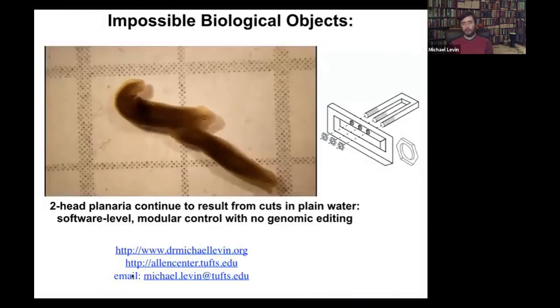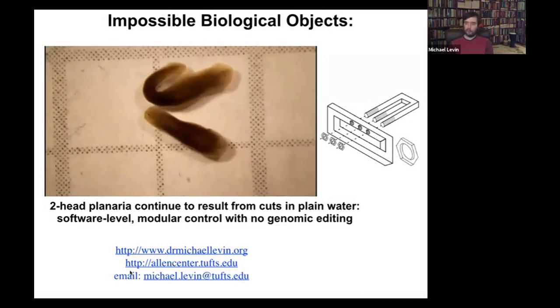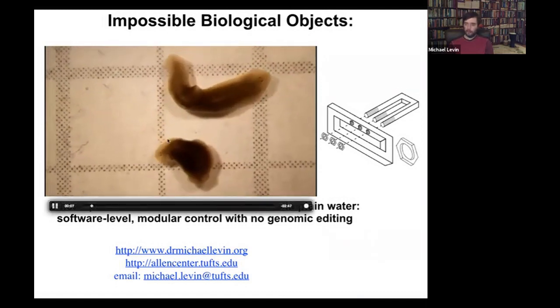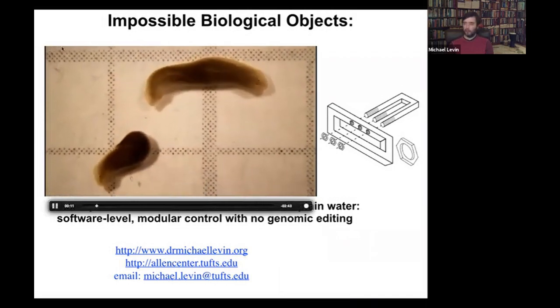And just in the end, I always like to show a video of these two-headed animals. The first time I reported these data at a meeting, someone stood up and said, "That's impossible. Those animals can't exist." And so now I make sure that I bring a video